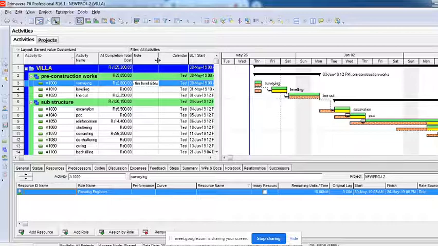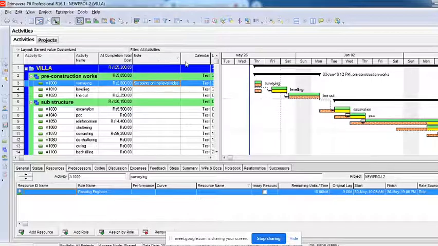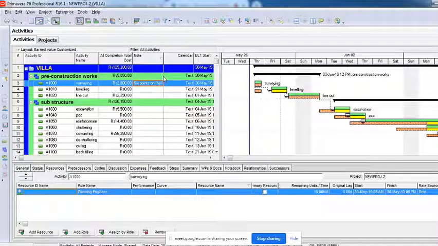You can create as many as you want: descriptions, reference IDs, vendor names, something which is not there by default and you want a separate column for. This is a customized column which was not there in Primavera, and I have given the input as text, so whatever I want I can type.